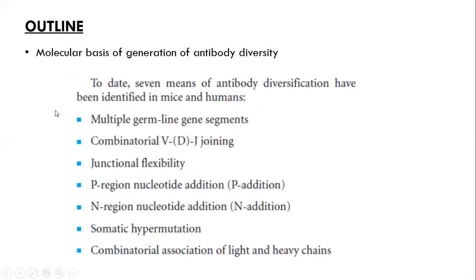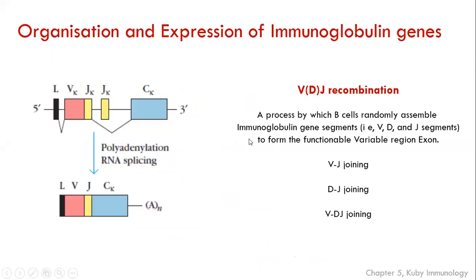In terms of molecular mechanism, several models have been proposed for how the variability of antibodies can be produced at the molecular level. There are 7 mechanisms given here, but we will try to cover the one that is very important. I think in terms of syllabus also you can cover this, probably a little bit of this is good enough. I will check back again. One of the mechanisms is called combinatorial VJ joining or VDJ joining. That is one of the mechanisms that happens.